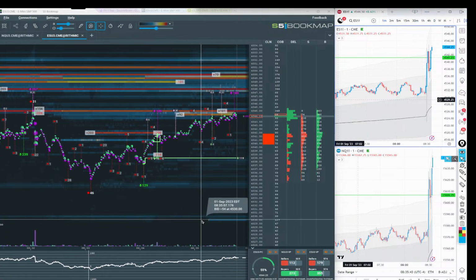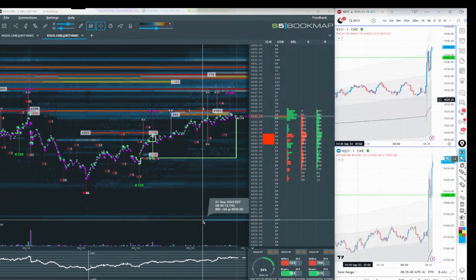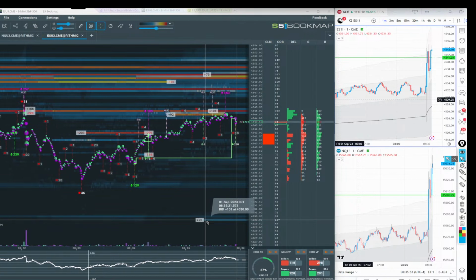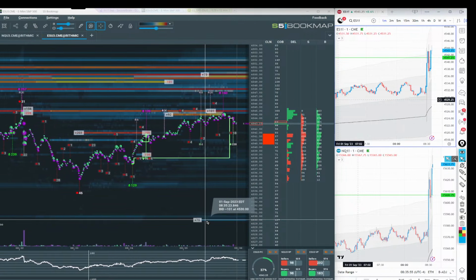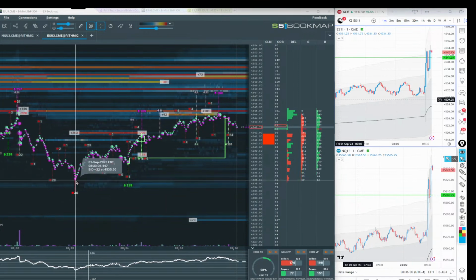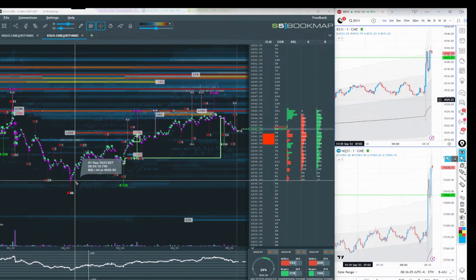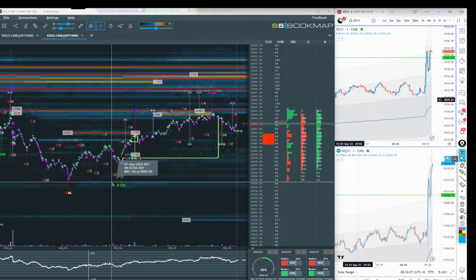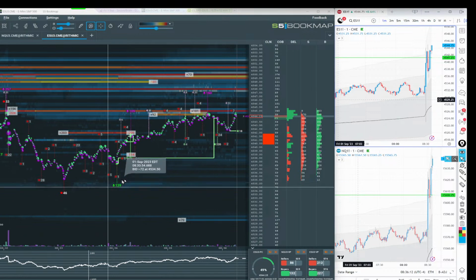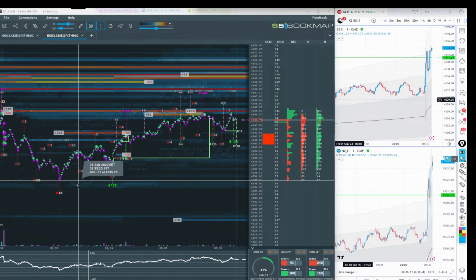ES I find deciding where my risk point or my wrong point is to be easier than NQ, because ES is so much thicker than NQ. So I'm happy to have a stop. For example, if there was something there at this MBO 46 stop, I would have my stop right there. Because if it took that out, even though it could be a C category demand, I'm happy enough that when I initially take the trade, and I probably wouldn't have got in about there,